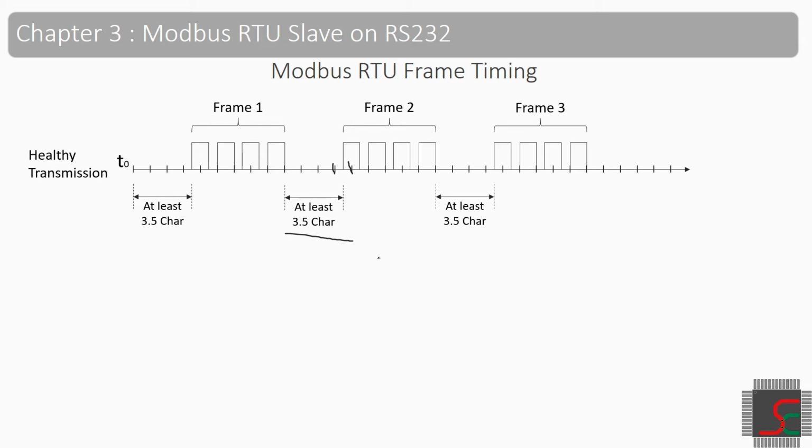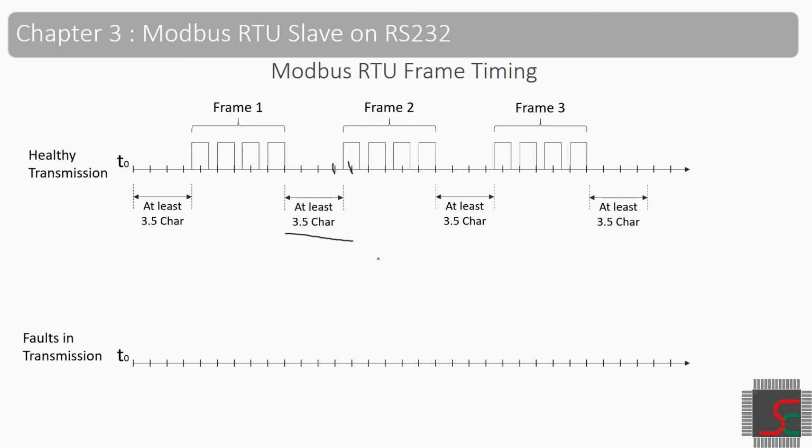Now we'll consider a situation while sending a Modbus frame where not all characters are received immediately. Till now we talked about the interframe delay. Now we'll check the frame itself. If we take the example of the previous slide, read holding register, 8 bytes will be sent by the master to the slave.